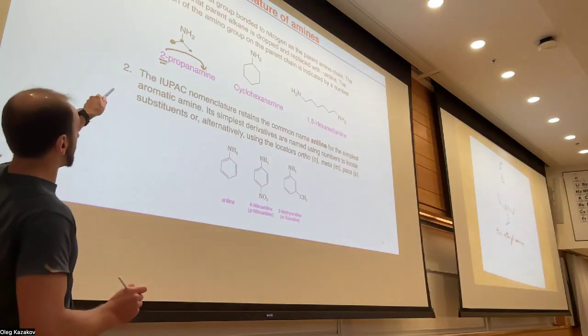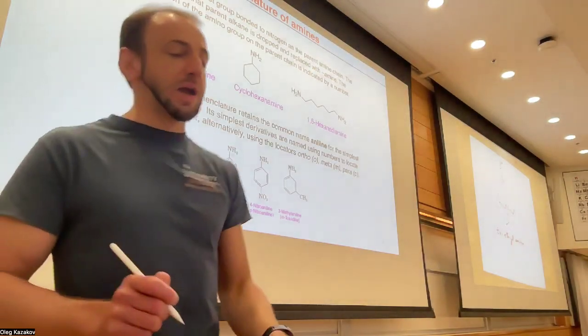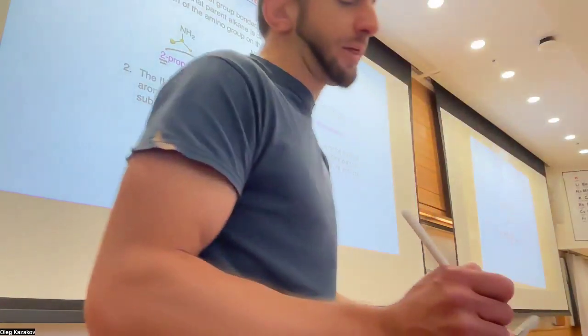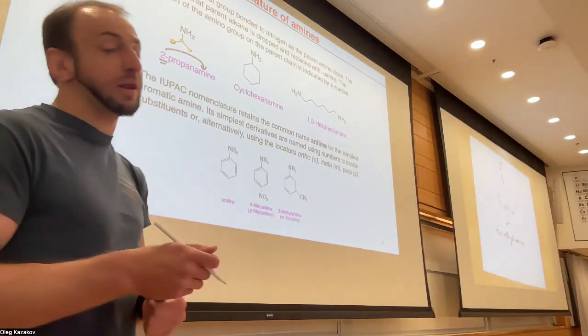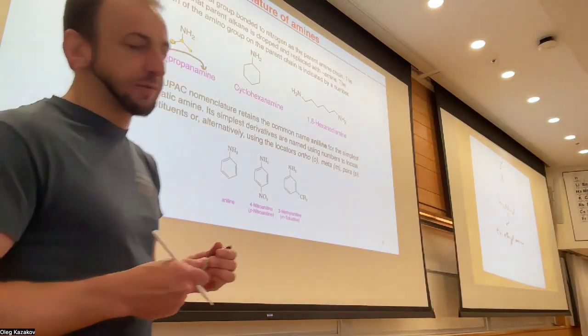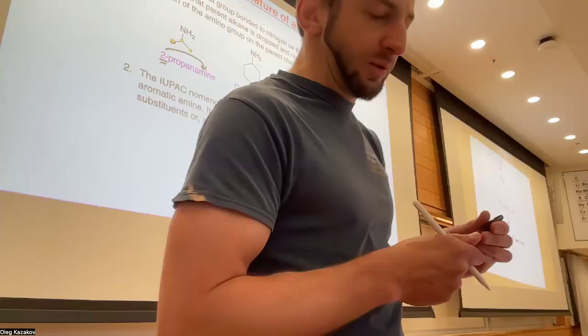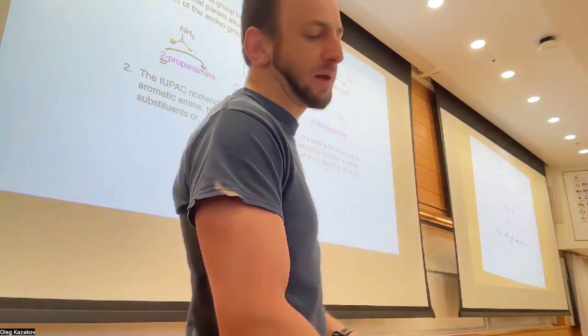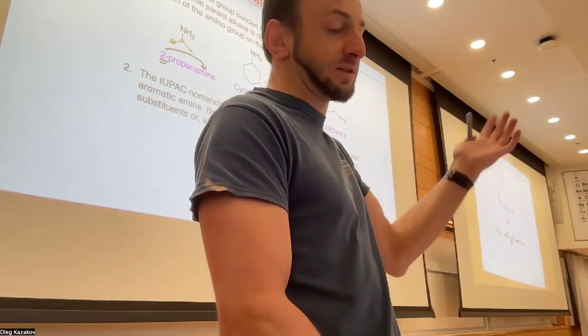Also, if you look at this substituent, the one here with the yellow carbons, it is nothing more than isopropyl. So theoretically, you can also call it isopropylamine, and that's going to be also fine. Then what else? We have cyclo things. We didn't really look at the naming of them, so we just need to know that they exist.